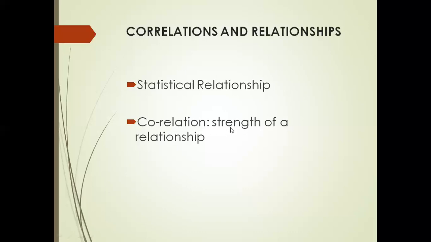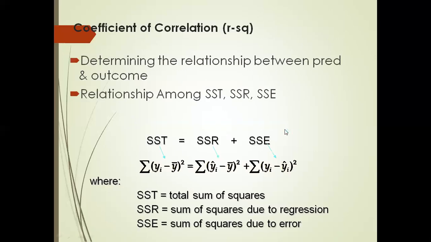So what does it mean? If the correlation value is 1, then that is a perfect relation, when the two variables are in perfect synchronization. A correlation of 0 indicates that there is no relationship between the variables. Understood? It's very simple. If the correlation value is 0, then what does it mean? It means that there is no relationship between the variables. Okay, so this is all about statistical relationship and correlation. The correlation we can see in detail in further topics. Okay, so that is the coefficient of correlation.